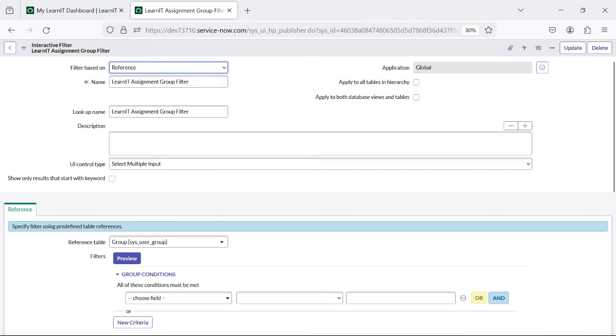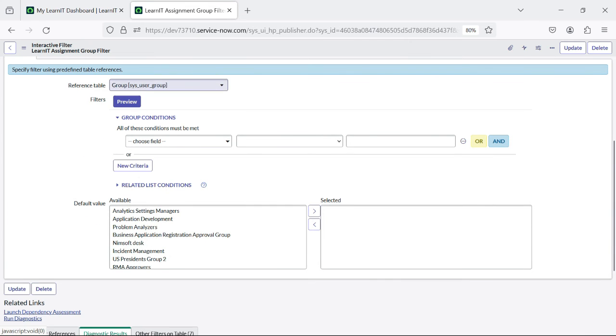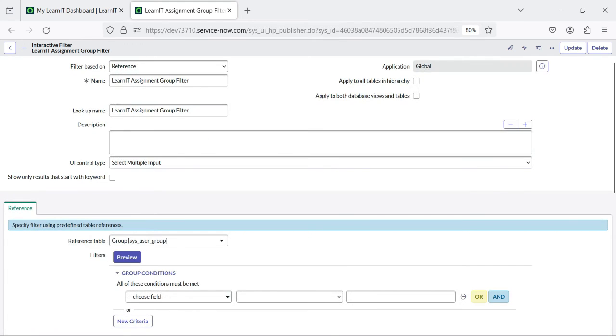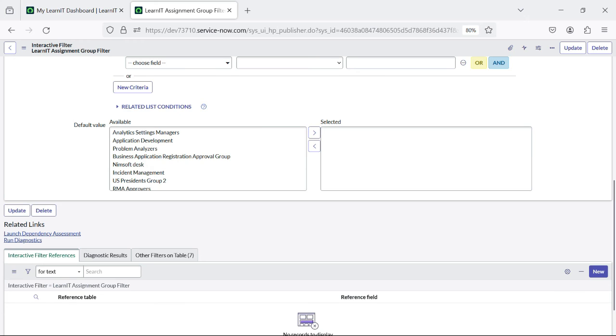And now this record is created, but it will not work because this is the type of reference, and we have reference to group. Now group is displayed here. Now we have to create the interactive filter reference, specifying from which table you have to get the data. So we will scroll down and we will see there is an interactive filter references related list. So we will create one reference here,